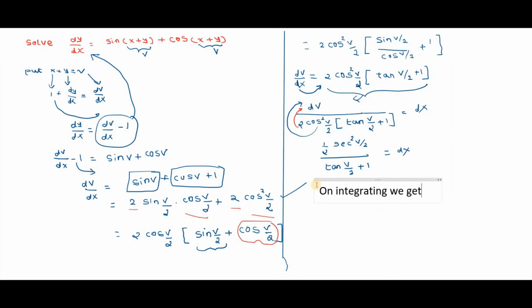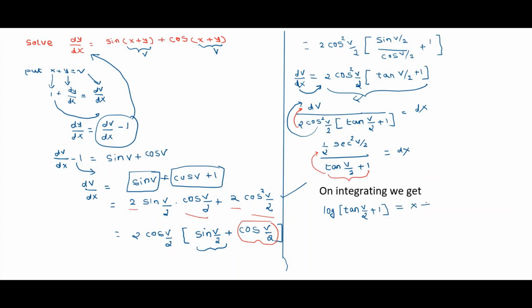we get. Now if you integrate, what is the differentiation of tan v by 2? Differentiation of tan v by 2 is sec square v by 2, and the differentiation of v by 2 is equal to 1 by 2. So the differentiation of the denominator is the numerator. So we can apply logarithm. That is logarithm of tan v by 2 plus 1 is equal to the integration of the right hand side term, which is